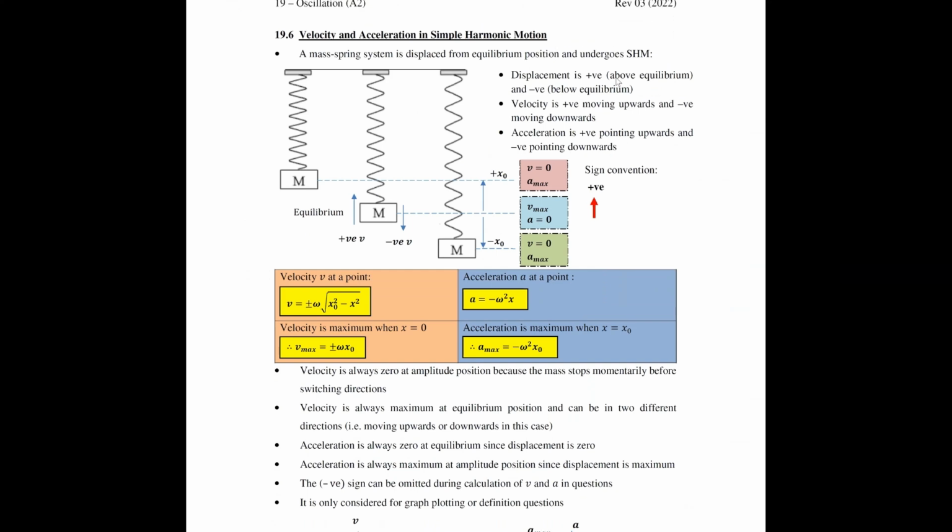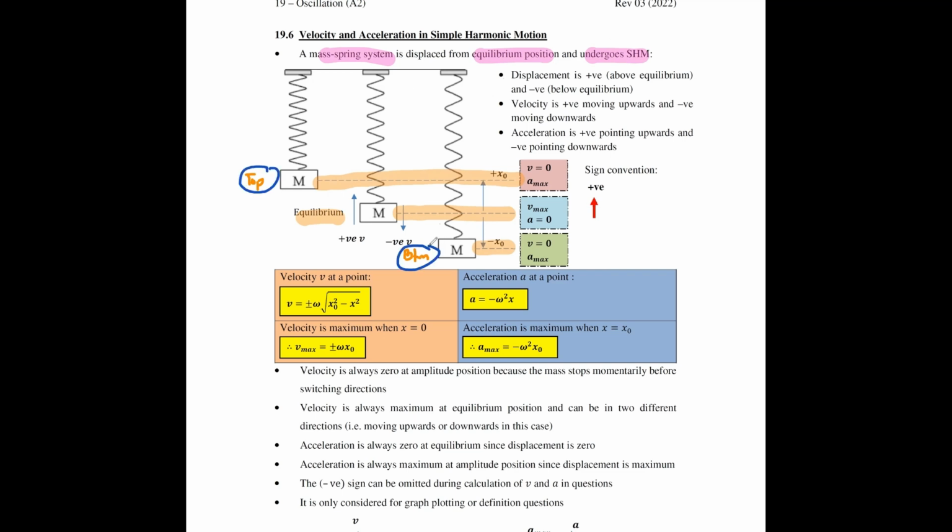Okay. Now let's just consider the same mass on spring system that's displaced from equilibrium position and undergoes SHM. When it undergoes SHM, there are three positions that you're always interested in knowing. You're interested to know the equilibrium, and the bottom and top position. You are interested to know what happens at these three specific points. Now at these three different points, your acceleration and velocity could either be maximum or zero, but which is which? Now, the first thing that we will tell you is that when you are at the top